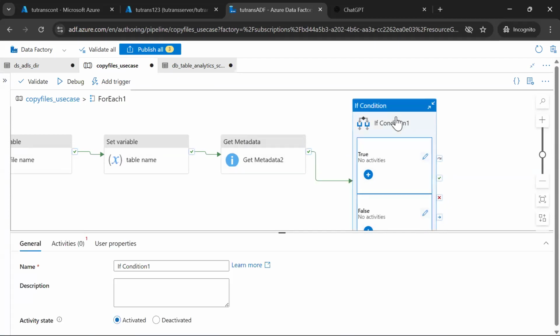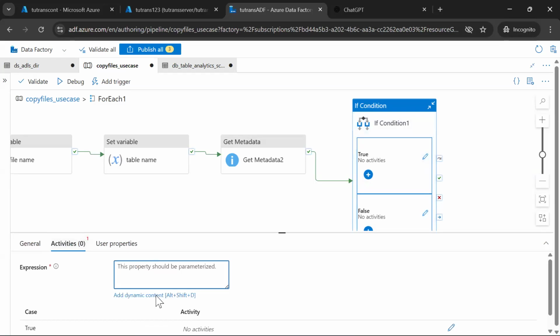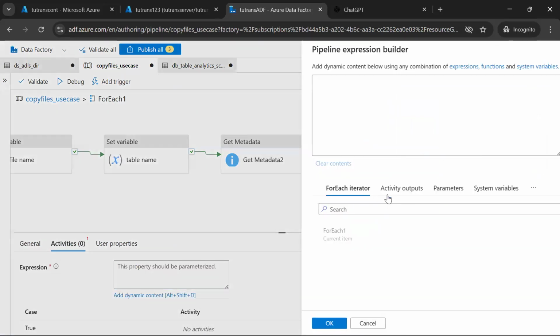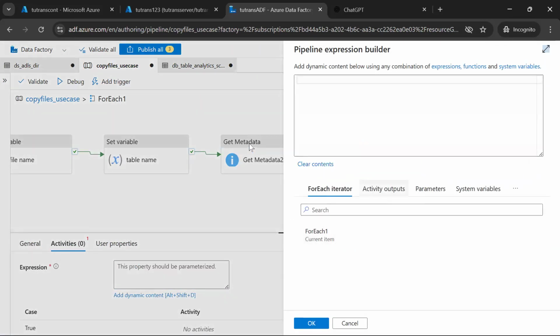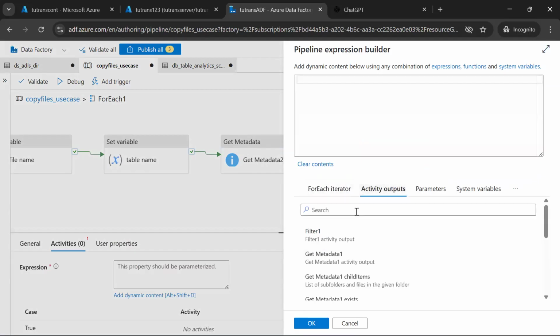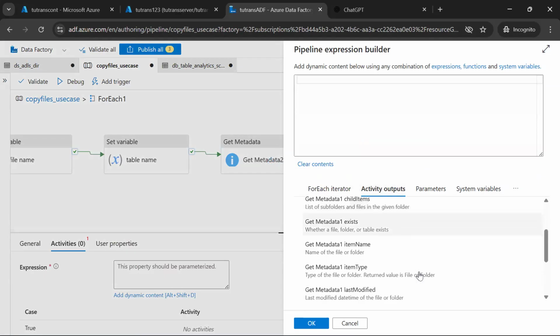Inside the if activity, you have to write some condition. So what condition do you want to write? If the table exists, then do something, else do something else. Just go to activities, and here you need to write activity outputs. That is what you need to do, right? Activity outputs, and this is get metadata 2. So go to get metadata 2